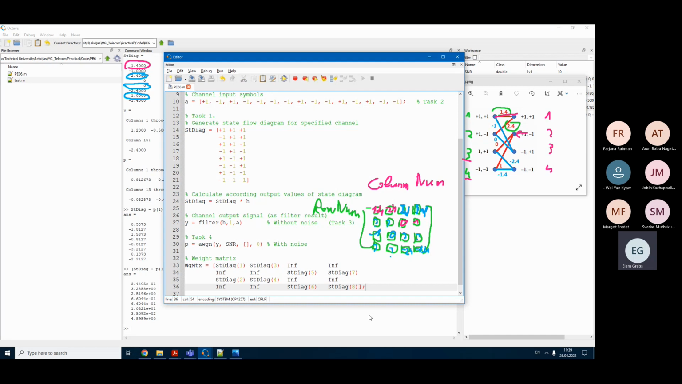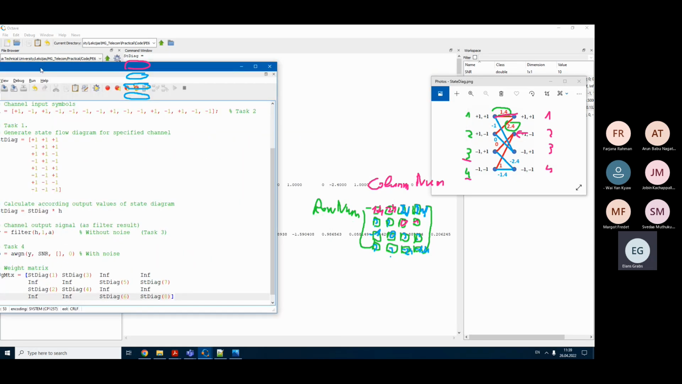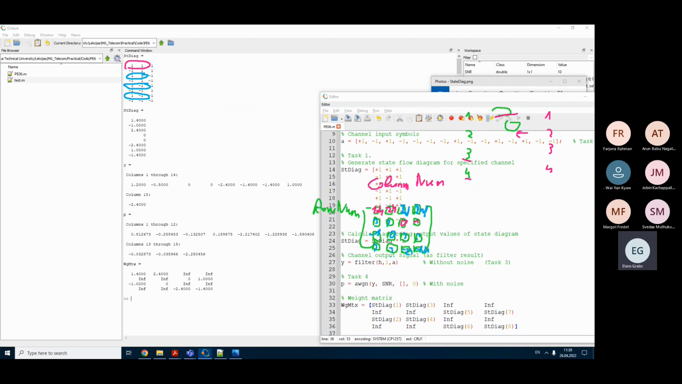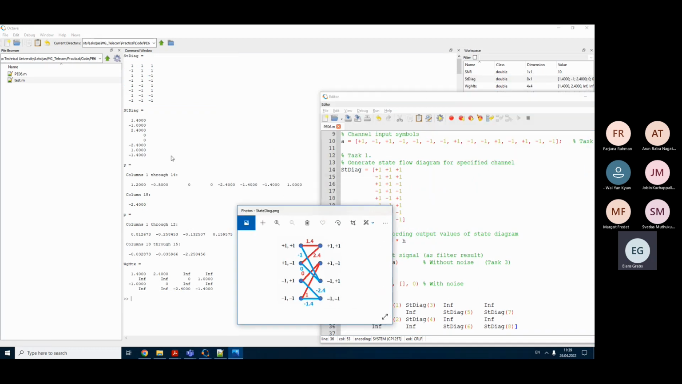Now this is the digital version of this picture that we can work with in an algorithm. So here you can clearly see the same picture as here. From the state number 1, we go to the state number 1. So this is 1 and 1, and the value is 1.4. From the state number 1, we go to the state number